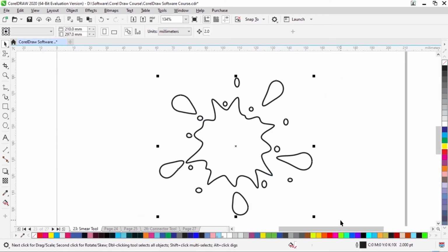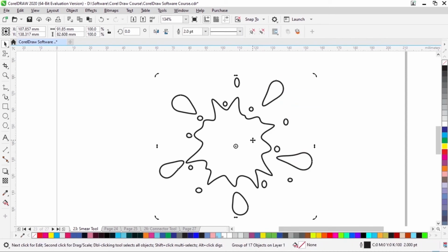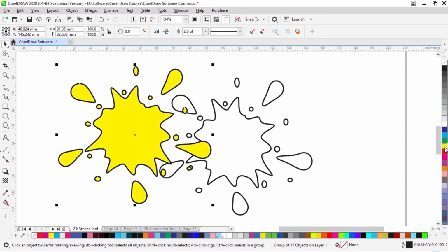Select all objects, right click and group them like this. I copy and paste here and fill the color. Resize and arrange them.